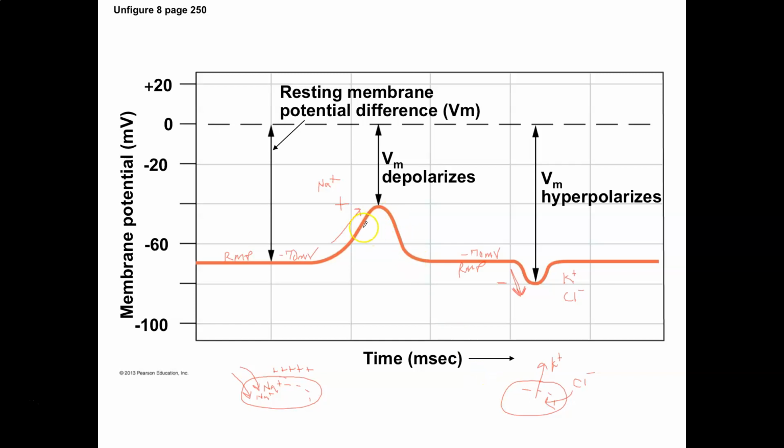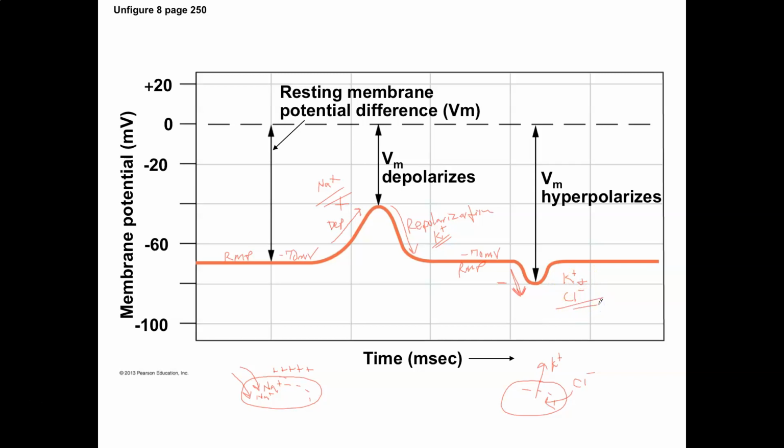So after you've had a depolarizing event, we'll notice that the membrane potential is returning to normal, and that event is known as a repolarization. And repolarization is caused by the movement of potassium ions. So we typically see sodium associated with depolarizations, potassium associated with repolarizations, and then we typically see potassium and chlorine